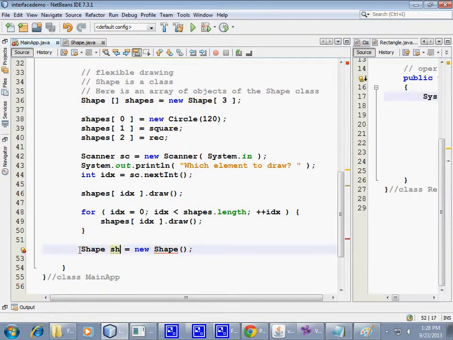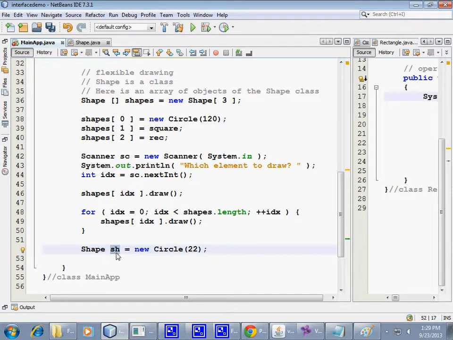This is what you cannot do with an abstract class. You cannot create new shape as is. However, you can create new circle, and that's okay. Circle is a shape, right? And so from this point on, once you create new circle, but if you're using a reference type shape, there is no way for you directly at this point, at least at this very basic level, to tell the rest of the program that this ch is actually pointing to a circle.